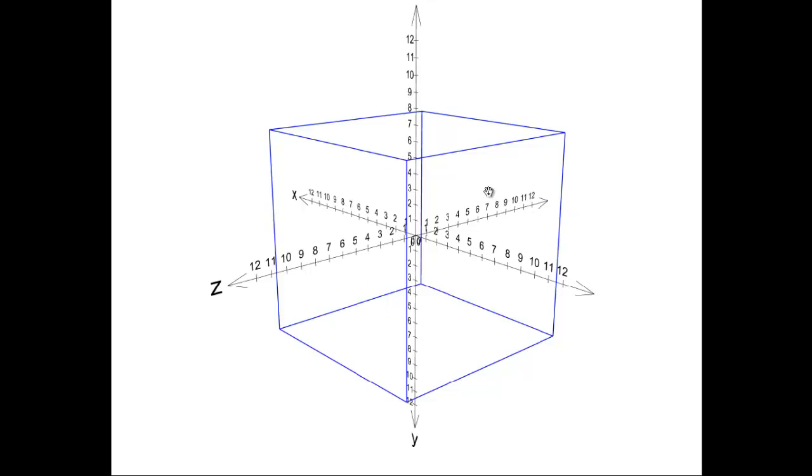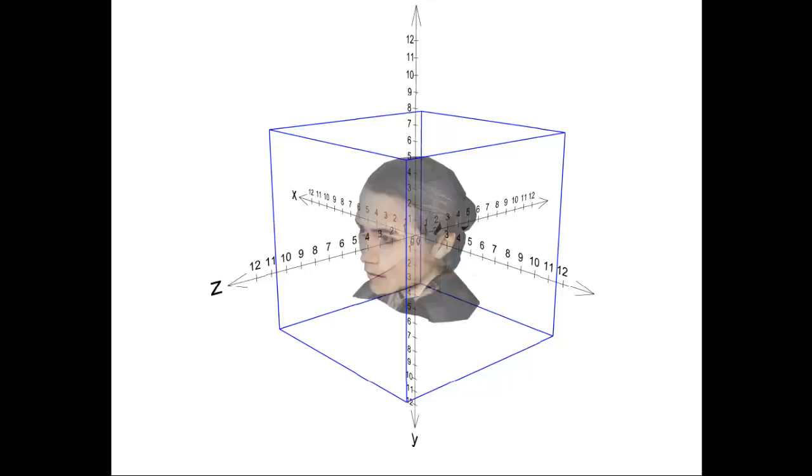Within this glass box or cube lies points, as many as you can imagine, depending on what scale you're thinking about. This could be 2 millimeters, 2 inches, 2 feet, 2 miles, or 2,000 miles. It all depends on what your scale is, and we'll talk about scales a little later on. If we take that person and put them inside this glass box, just their bust, their shoulders up view,